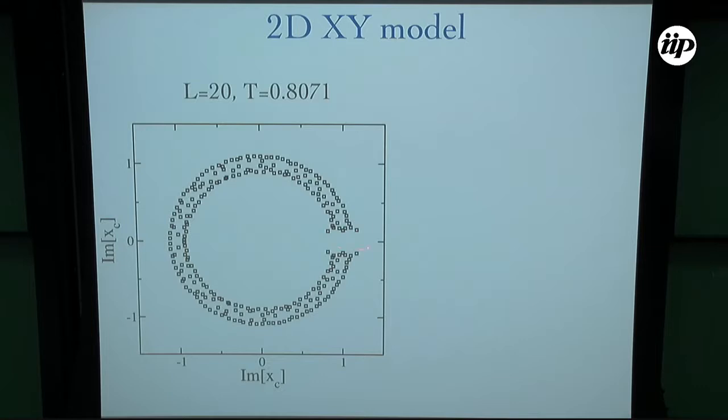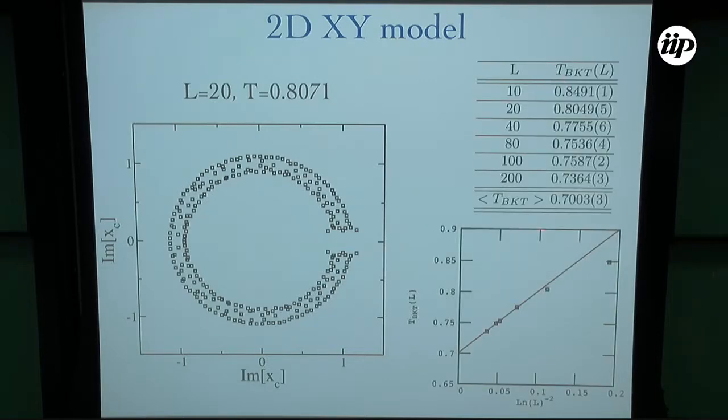But if you choose only the zero that is nearest to the point 1, okay, we can obtain the transition